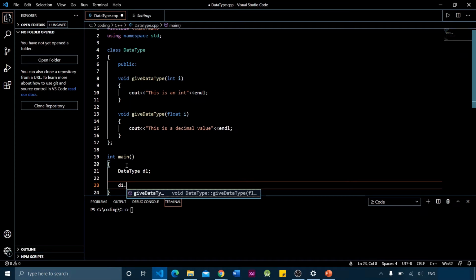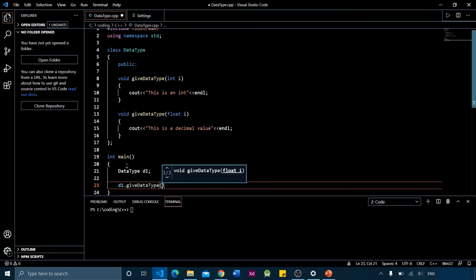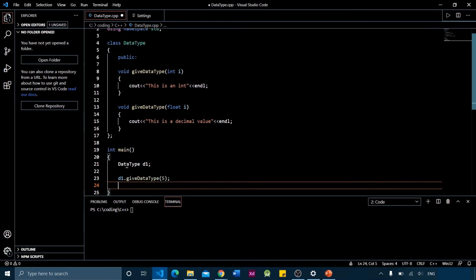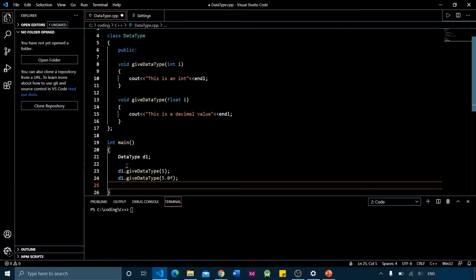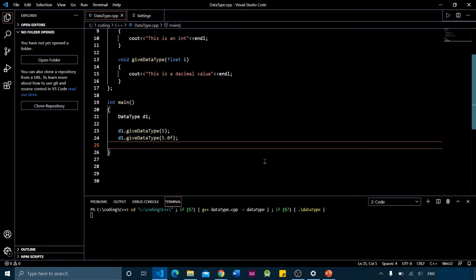Now let's call the functions by using the dot operator. Now we can see the output here.